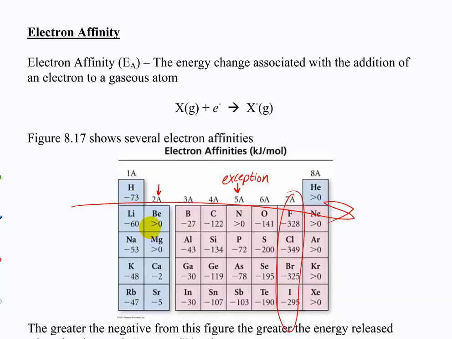So what's special about those two rows? Let's start with this one. What's special about this one? Row 2A. Why does that not go up? In other words, what is happening when an electron goes into one of those atoms? Where does it go? Yeah, it has to go into a new subshell. So here you have,